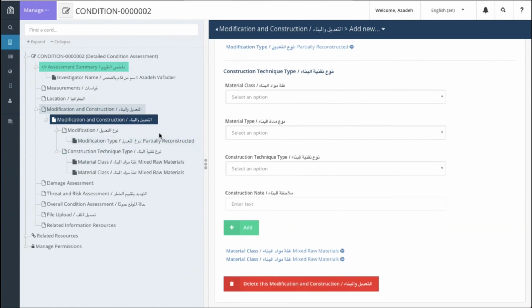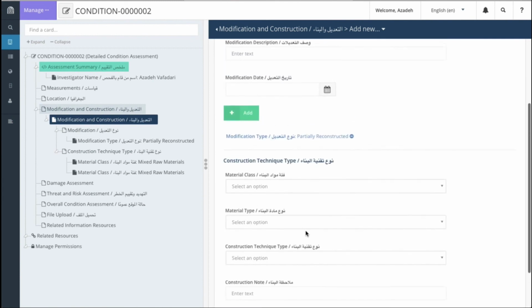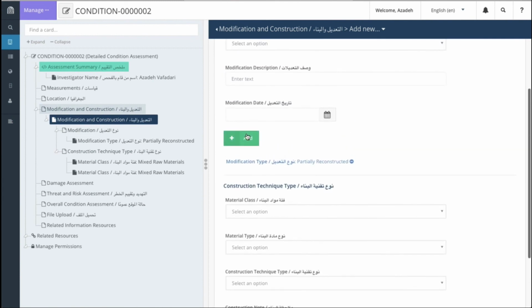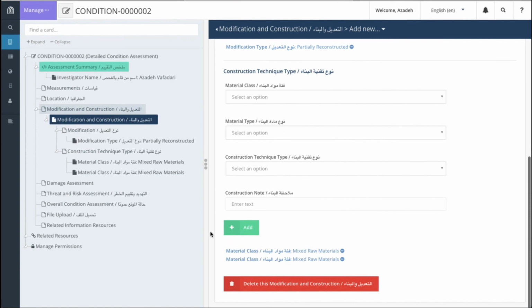So after I added all I wanted to for my modification and construction, I can move on to my next card. And you note that as soon as you click on add, this information is saved and there is no need to add and save again. You just need to, not to forget to click on